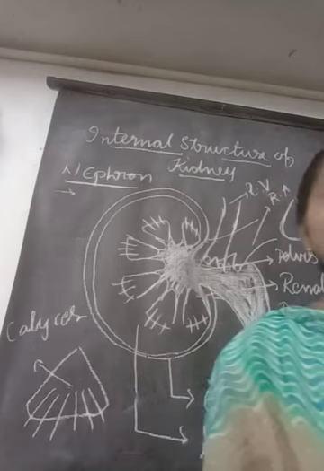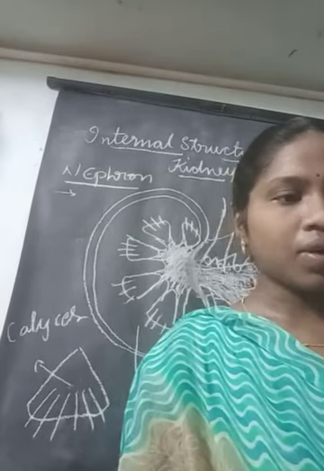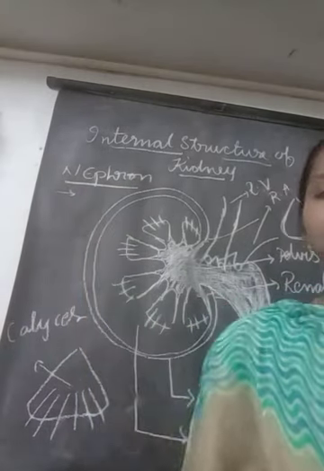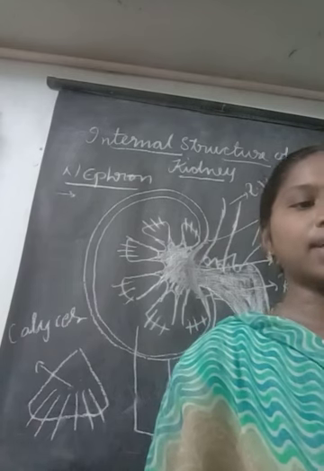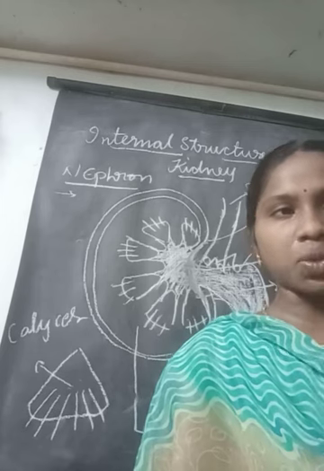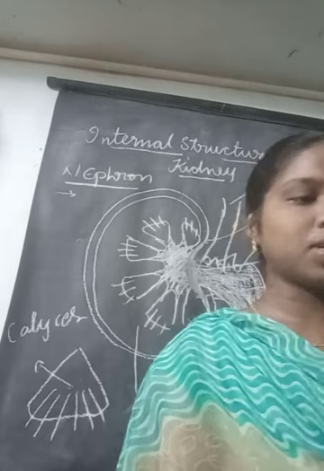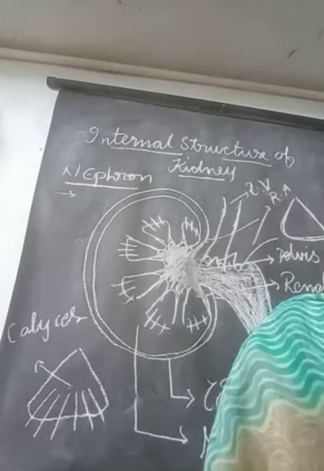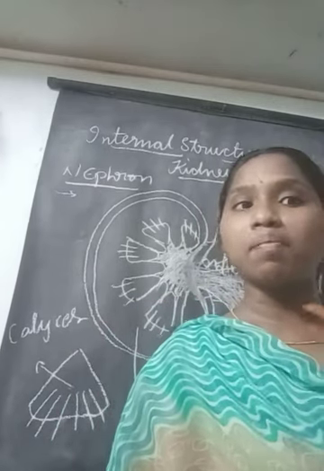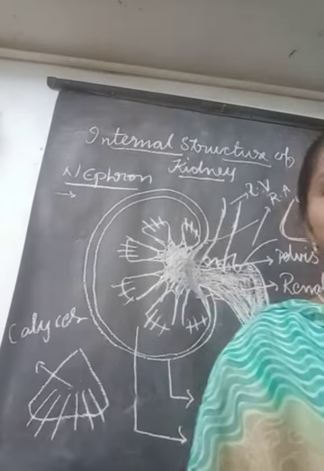Yes, teacher. So this is the internal structure of kidney. Now, what is the basic unit of kidney? Nephron. If you see the nephron through the microscope, what are the main things we can observe? So, now we are getting into the detailed structure of nephron. Very, very important question. Not only for questions, for bits also it is very important.